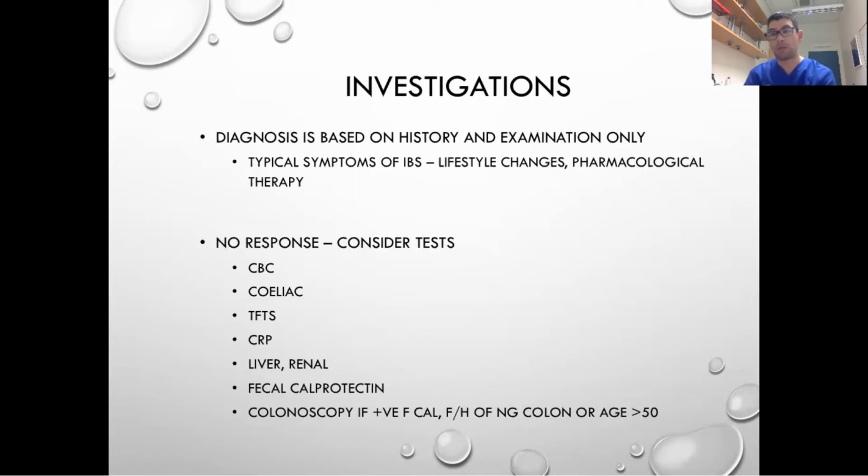A number of reasons. Number one, doing a colonoscopy under sedation in these patients tends to be extremely uncomfortable. Number two, it means putting the patient through an invasive test, which very frequently they don't need and which will not help. So non-invasive investigations, blood tests, blood count to exclude anemia, particularly in men, because that would worry us